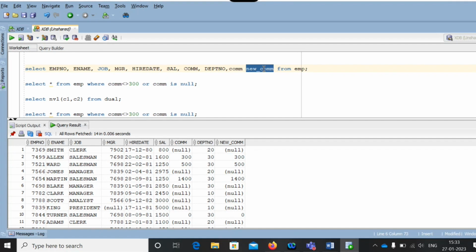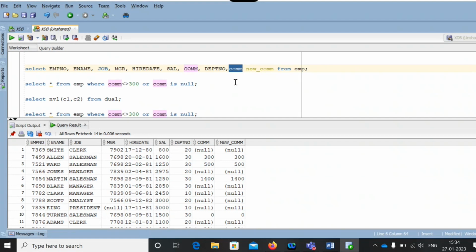I haven't put my logic yet. My logic needs to be derived first. I derived some extra column here other than my table columns. See, with the existing column only, I just renamed it as a new column, new commission. Okay. You are seeing the same results in both columns because I'm using the same column in both places. Commission here and commission in this place.